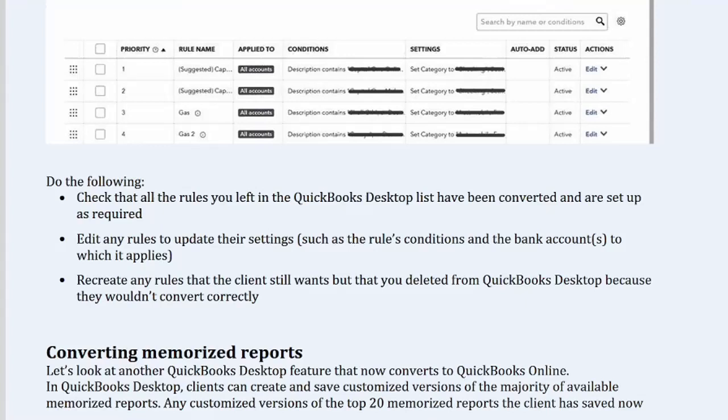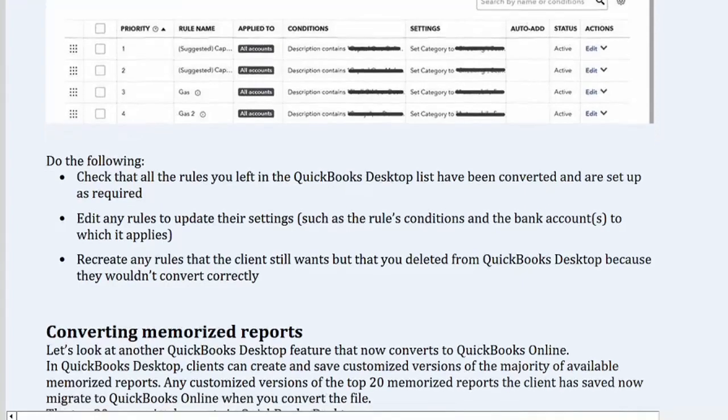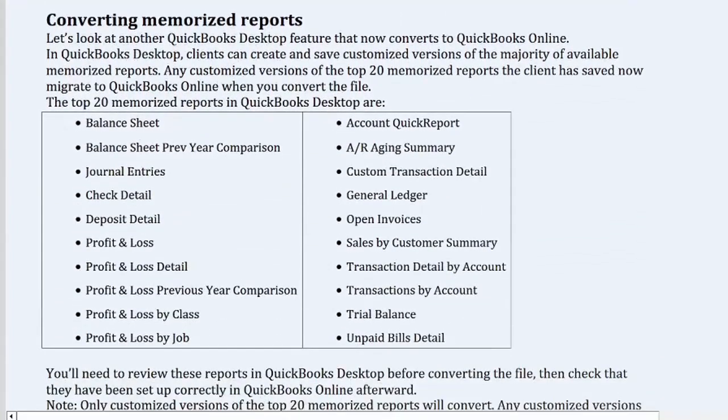Recreate any rules that the client still wants but that you deleted from QuickBooks Desktop because they wouldn't convert correctly. Converting memorized reports. Let's look at another QuickBooks Desktop feature that now converts to QuickBooks Online. In QuickBooks Desktop,